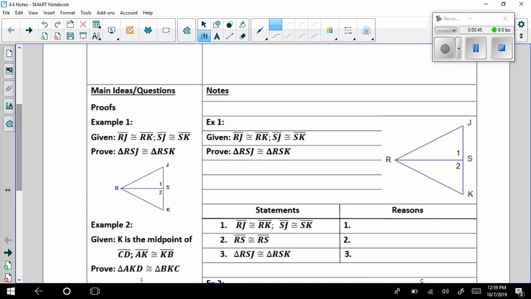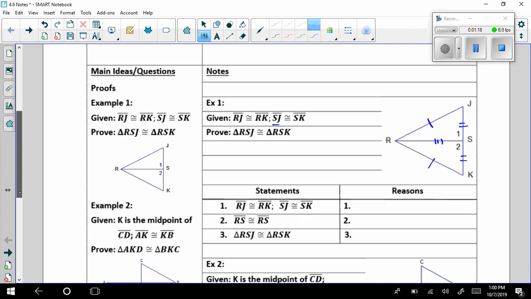All right, so whenever you're starting out with a proof that involves a diagram, make sure that you mark everything in the diagram. So you can see here that RJ is congruent to RK. We're going to mark that then. So RJ is here. That's congruent to RK, which is here. So we start with 1 tick mark. Then SJ is congruent to SK, so we mark that as well. That's all we know, but we also know that RS is congruent to RS, so we could even go ahead